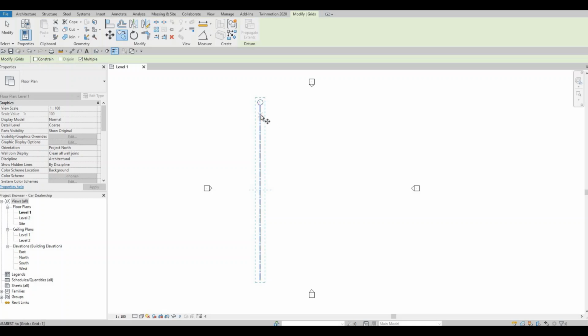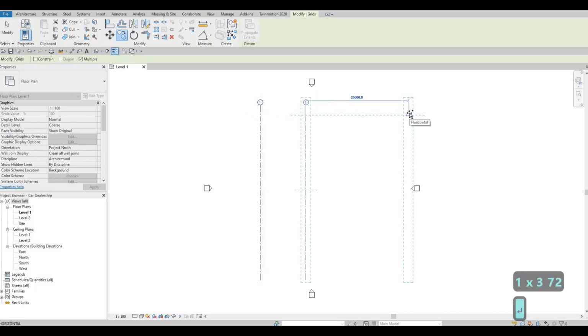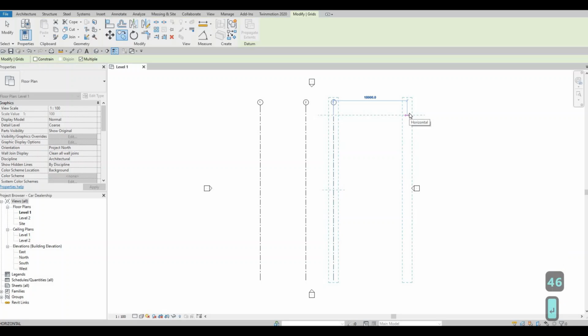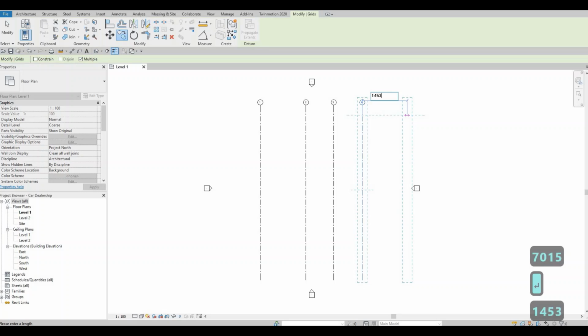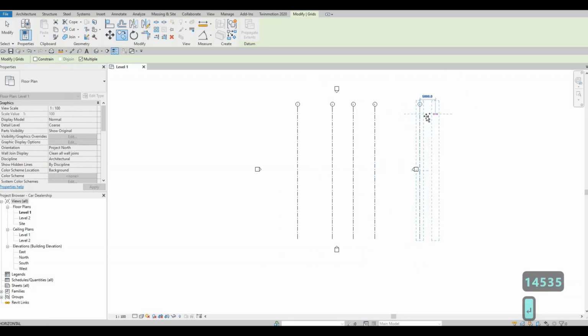So here, this is the number 1 grid line. I'm going to select that again, and then I'm going to drag it on the right side because I want it added on the right side. So now I can type in the dimension. Here I'm going to put 11172. It will create number 2 grid line, 6746. Then next is 7015, 14535, and then here we need to add